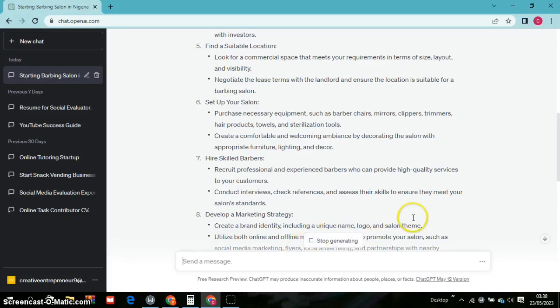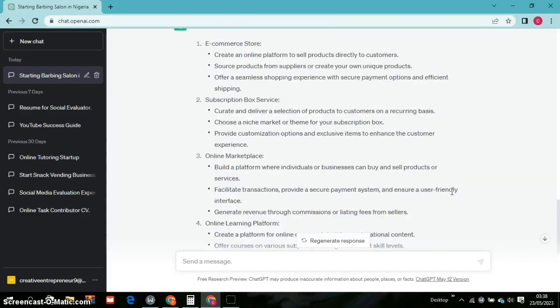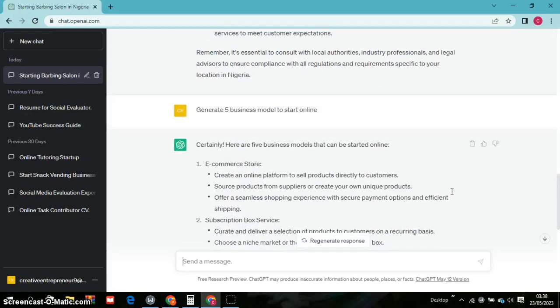So this AI model, you can easily use it to get job opportunities as a freelancer. With this AI tool, you can even use it to create a CV. With this AI tool, you can do a lot of things. It's going to generate so many things for you just in less than 5 minutes. Isn't this wonderful? So you don't need to start wasting your time using Google. This is going to help you.